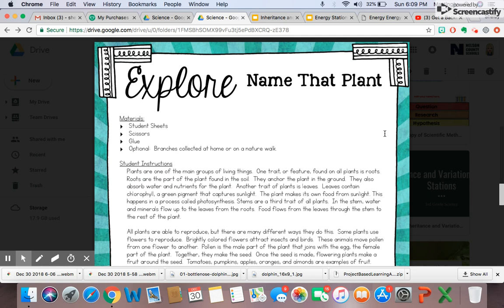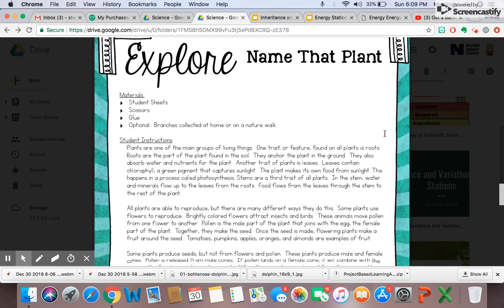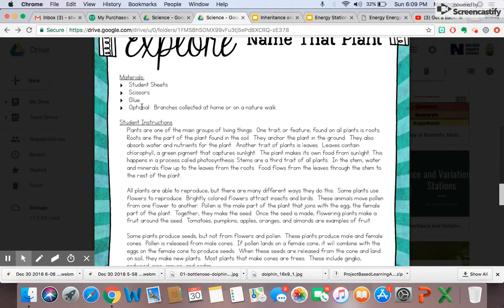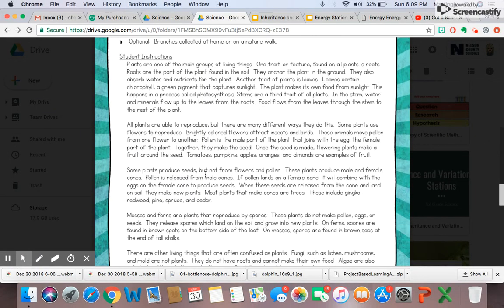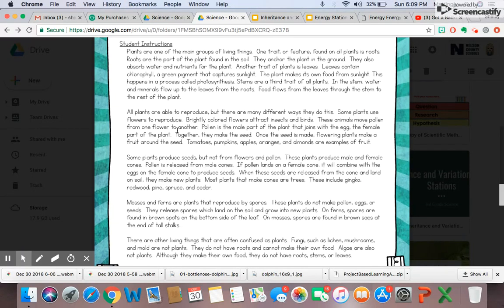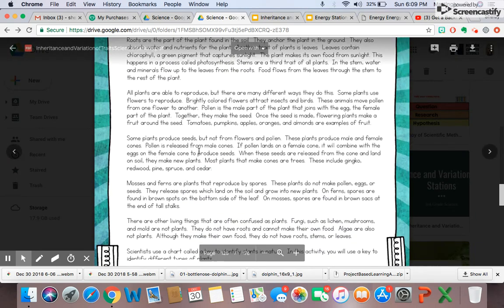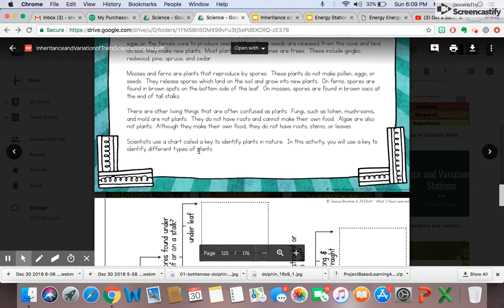For this Explore activity, this is called Name That Plant. Your materials, you're going to need your student sheets. They are located in your station's packet, and you're going to need some scissors and glue. So I'm going to give you the instructions. I'll read them aloud to you. Just make sure you're following along, and then I will explain what you're going to be doing with your sheets